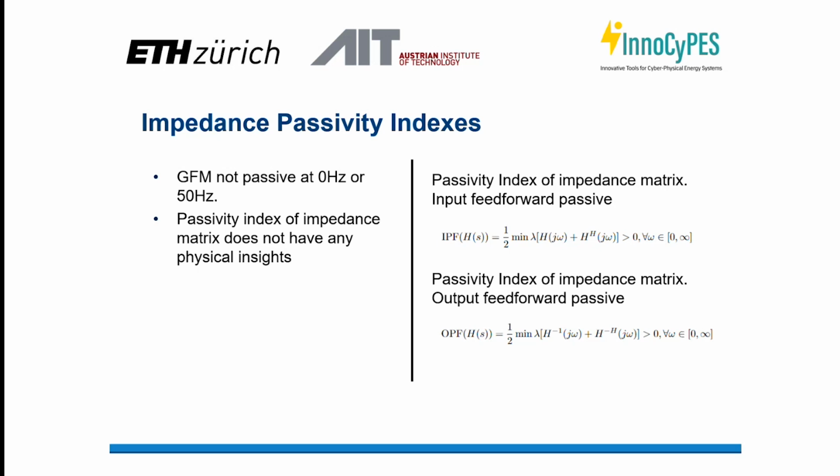For every frequency, we will calculate the following index, that is 1/2 of the minimum eigenvalue of the sum of the system evaluated at every frequency plus the system Hermitian evaluated at the same frequency, and it should be greater than 0. Also for the output feed-forward passive, but in this case, we will have the inverse of such system. And what it means is,